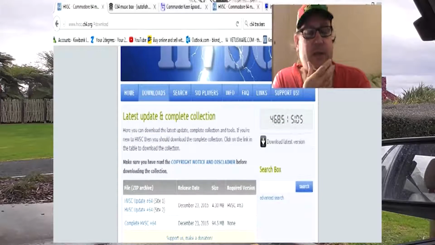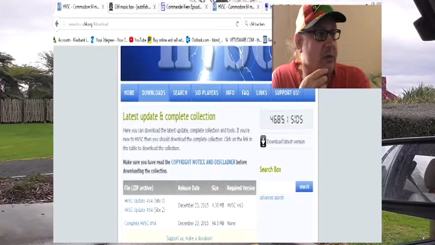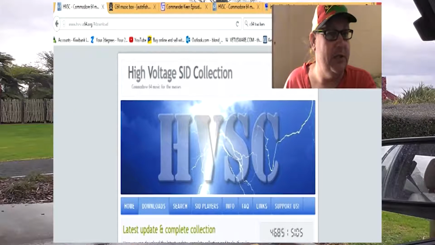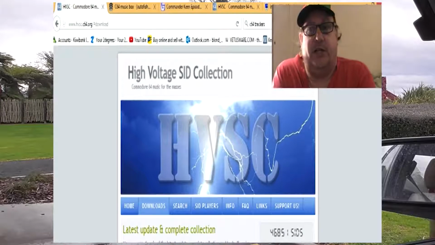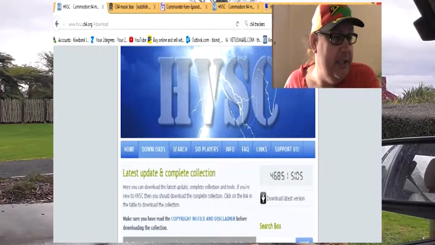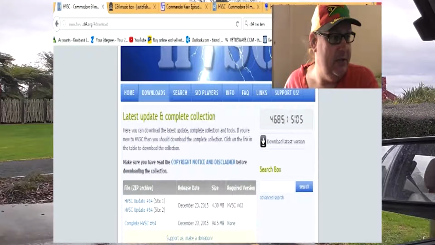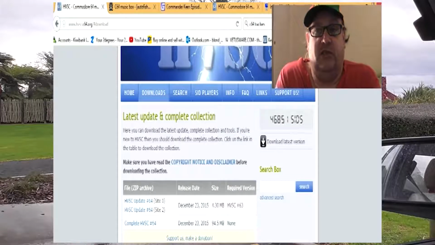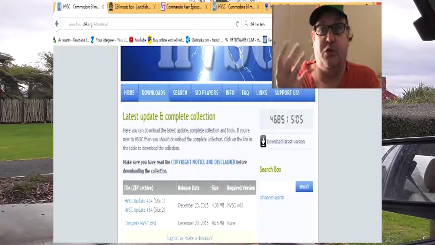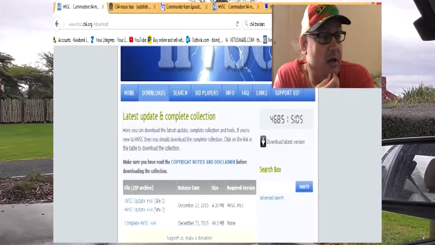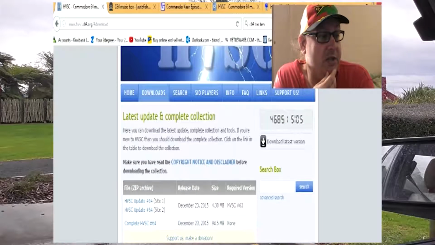So anyway, I found this website, right? HVSC. You might as well scroll up so you can show the audience. Yeah, the High Voltage SID Collection website. And I downloaded this thing last night, the Update 64, 4 meg, and it was about 100 odd SID songs. Commodore 64 makes SID files. But when I get an internet connection, I'll download the complete HVSC 64, which is 94 meg,